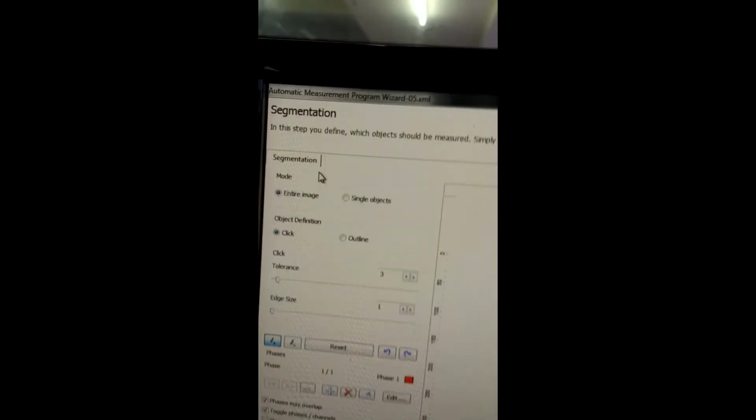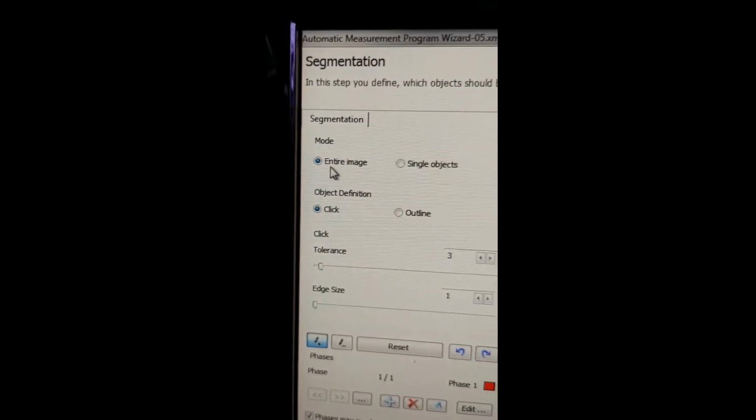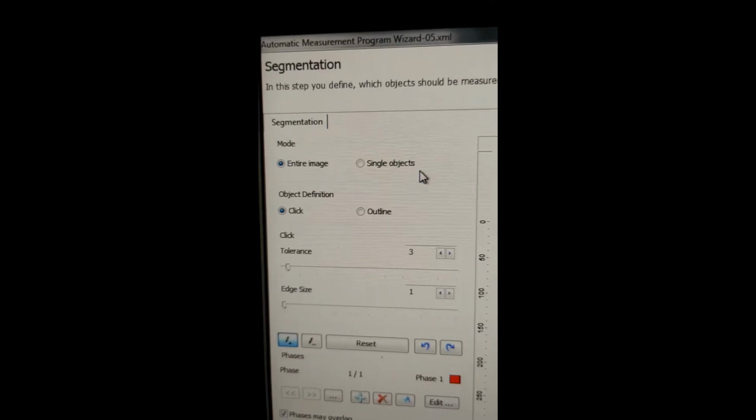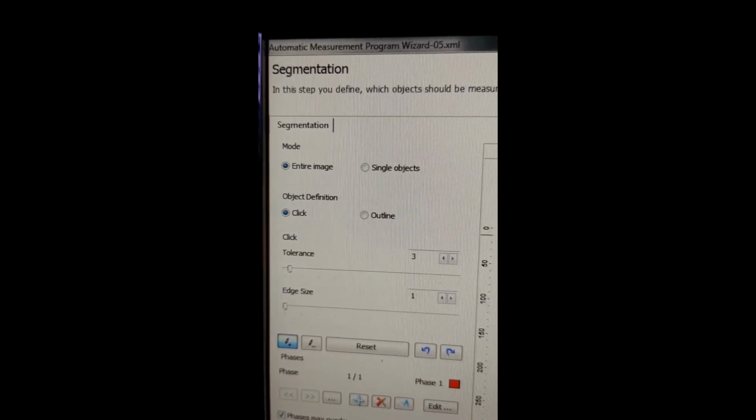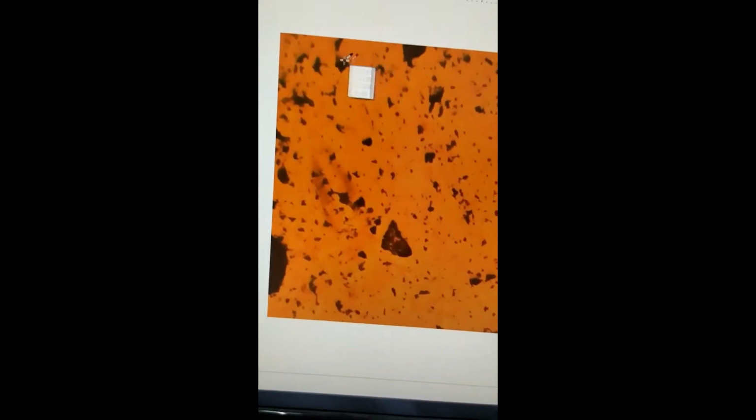Then here you can see entire image or single object. That means in this whole picture, what is the percentage of carbon nanotubes in this area, in the red area, that is called entire image or single object.